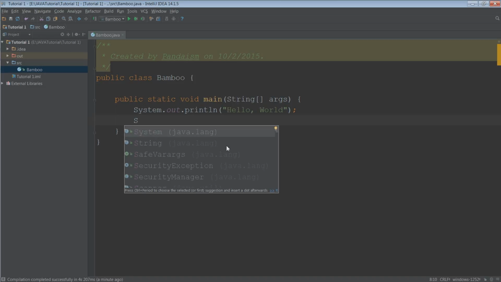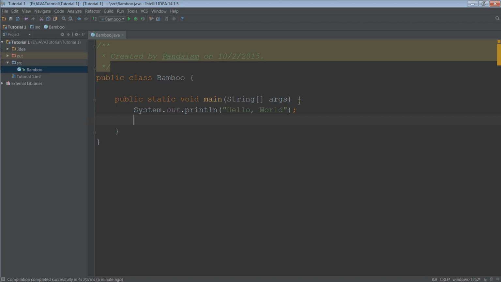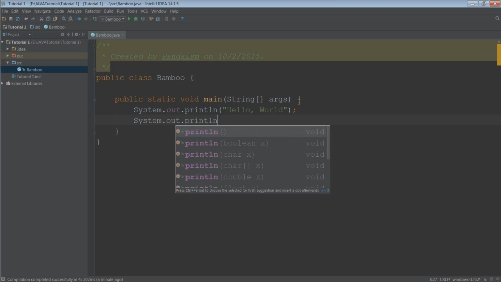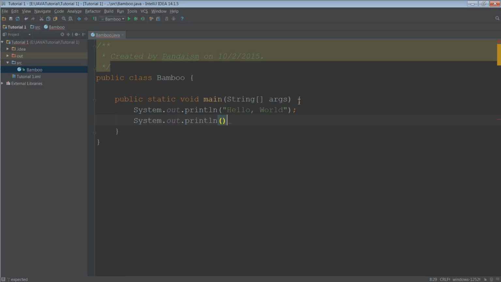It's gonna search for whatever fits best, and then it'll suggest it to you. So basically, instead of just typing out System.out.println and stuff like that,